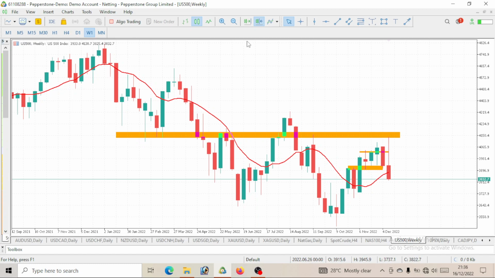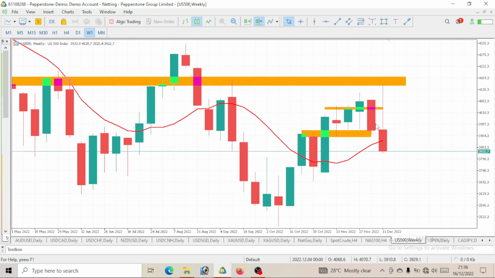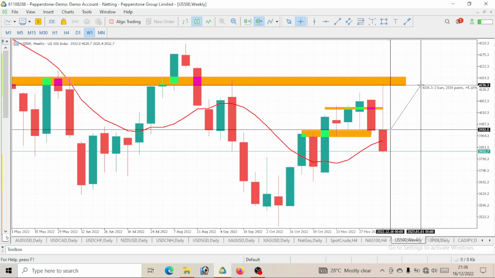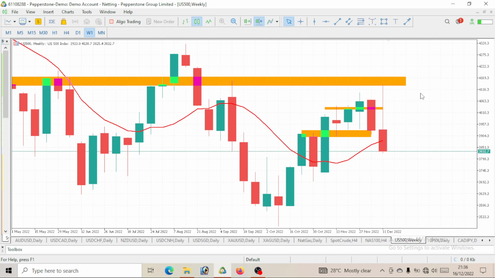You see that last week we did analysis on this S&P 500. I told you guys that we would be expecting a bullish move on S&P 500 to take out this high, which is a level of 4,100. I actually told you guys a level we should watch out for, a level of 4,100. You can go back to watch it. We actually got that movement. After that movement, our S&P dropped.